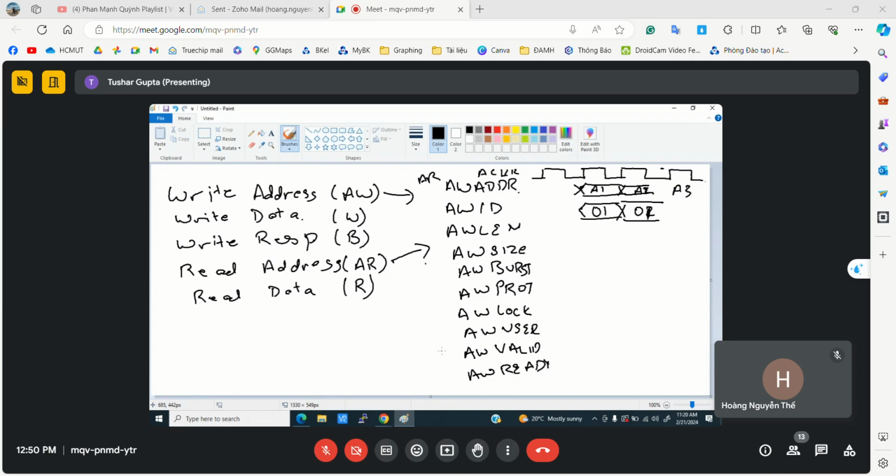Okay, so first we'll start with ready and valid. These two signals are there in all the channels. In all the five channels, we have a ready valid handshake. Like we have W valid, W ready, we have B valid, B ready. So what this ready valid actually means,